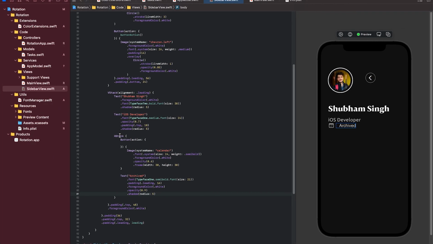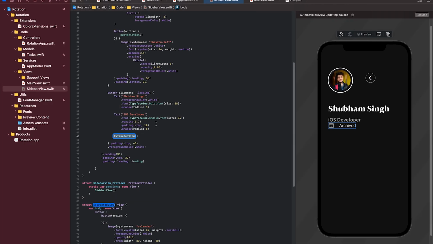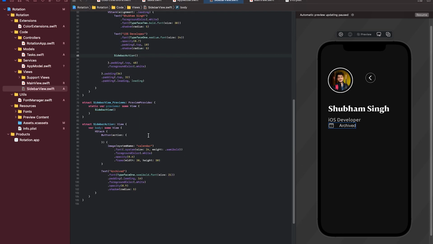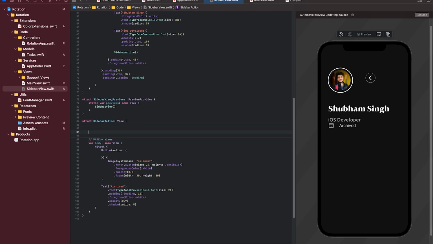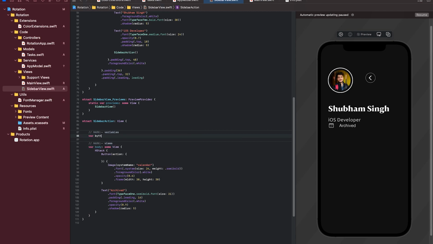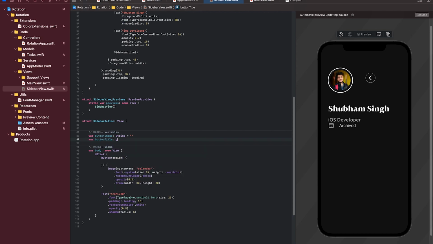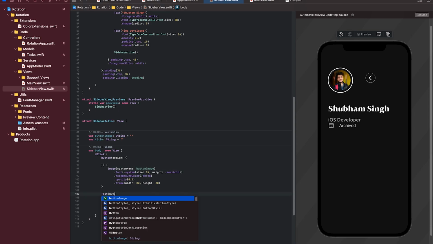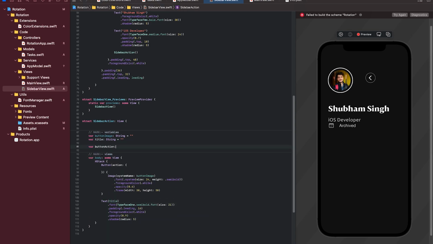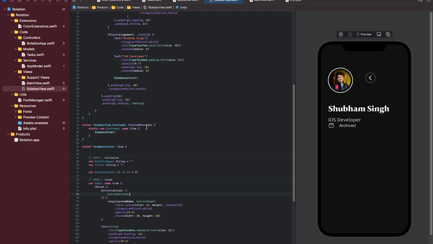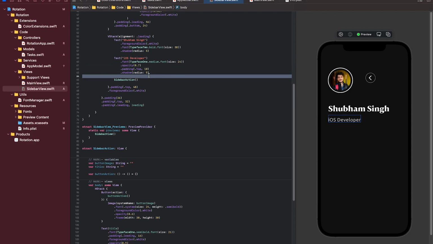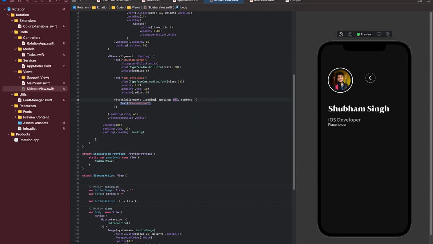Instead of writing or copying these lines of code, we'll create a subview. So it puts your lines of code in a separate view. Let's add some variable for the button image, button title, and the button action. Now we have a generic subview that you can freely use within this or any other SwiftUI project. Nice, isn't it? So let's add a VStack and we'll add the 4 buttons inside it.